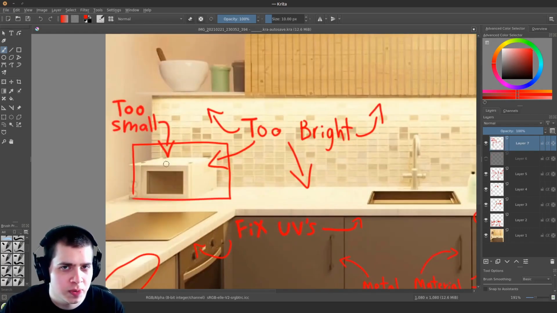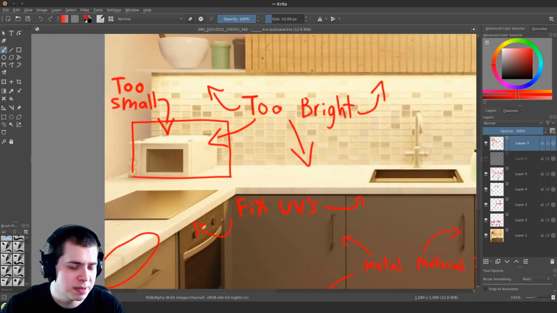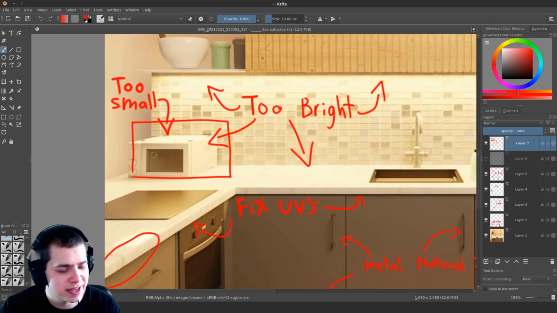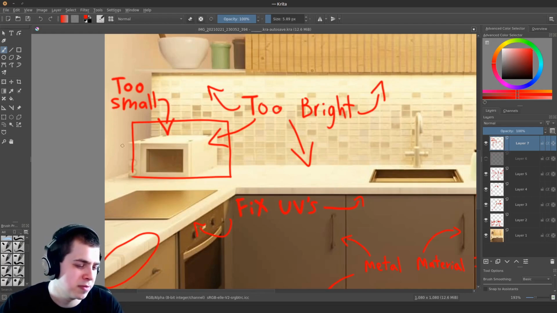And then also regarding the microwave, I think that it's a little bit too small. It seems to me like it couldn't really fit a dinner plate in the microwave. If you're trying to warm up some food, maybe it could heat up a small bowl of soup. You might be able to fit a bowl in there, but a full-size dinner plate would probably be that big, whereas this door right here is probably only that big.